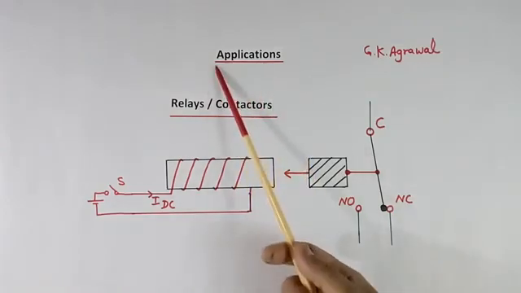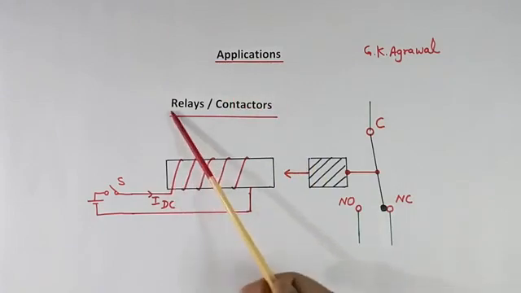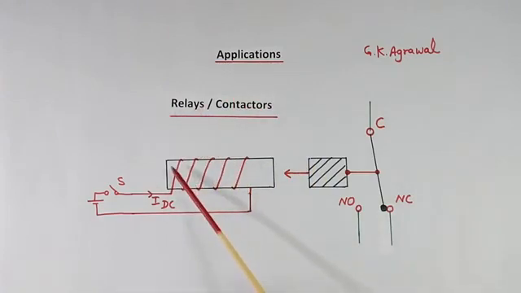Applications. One application of inductor is in relay. Just now we discussed, suppose there is an iron core inductor and we flow a DC current using a switch and DC supply, then this will behave like a magnet and it will attract one iron piece. Now this is a relay, this full thing is a relay, this is the inner part of the relay.